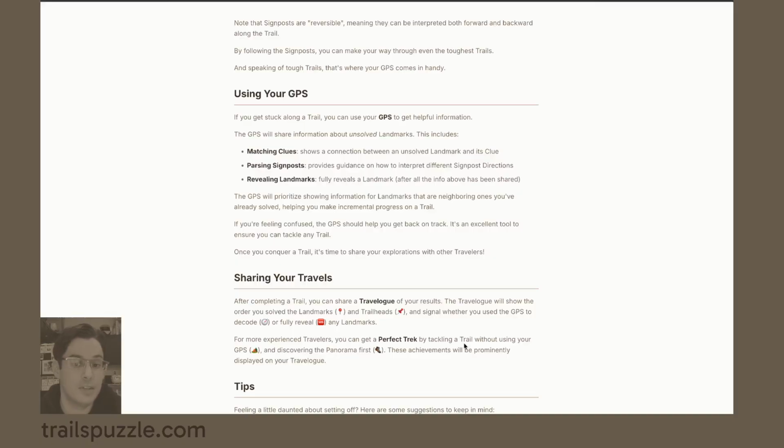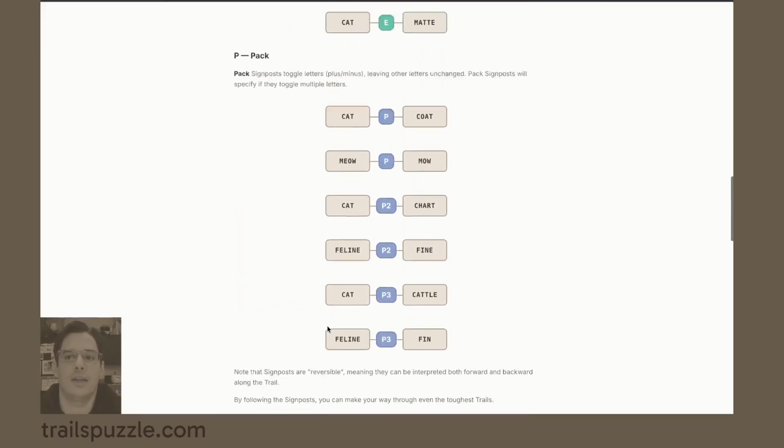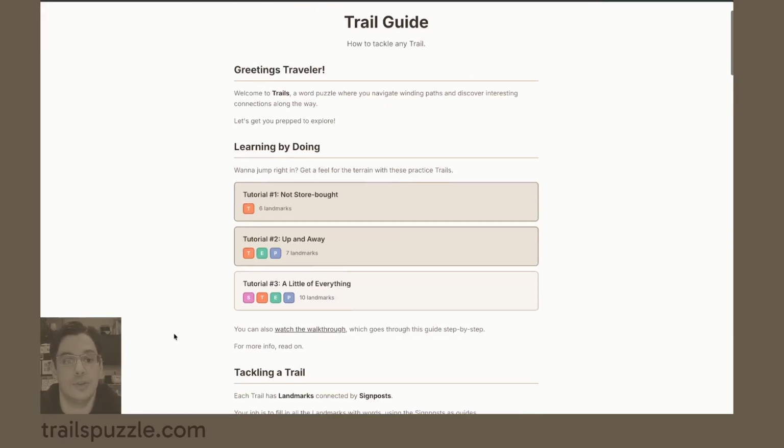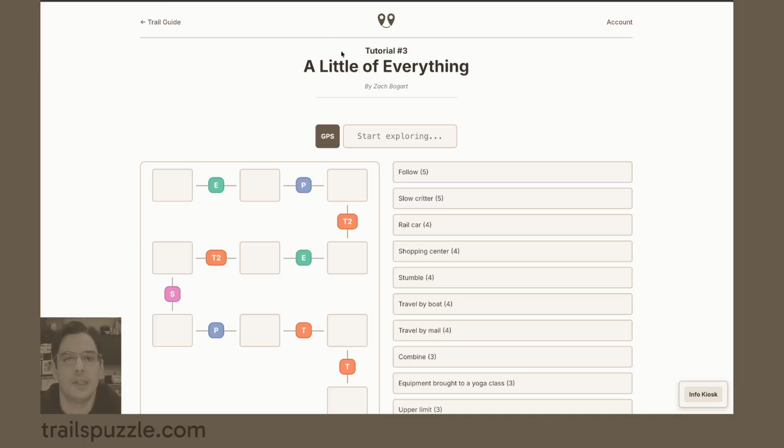One aspect of a perfect trek is that you solve the trail without using your GPS, so you don't use any hints. And also you discover the panorama first. So either you solve the first landmark and the last landmark, or the last landmark then the first landmark, in either order. So let's take a look at how that looks for this very last tutorial, called A Little of